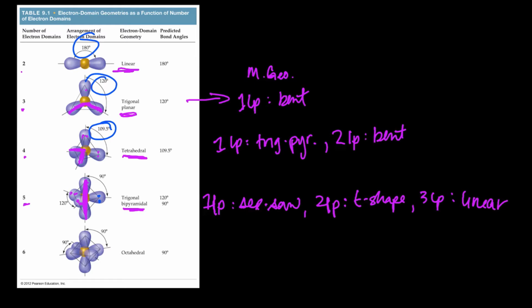And in our octahedral, we only have 90-degree bond angles, but the same principle applies. If we put one lone pair there, we end up with a square pyramid. And if we get a second lone pair, again, we're going to try to put it in a place where it's farthest from everything else. So that's when we're going to put that down here,